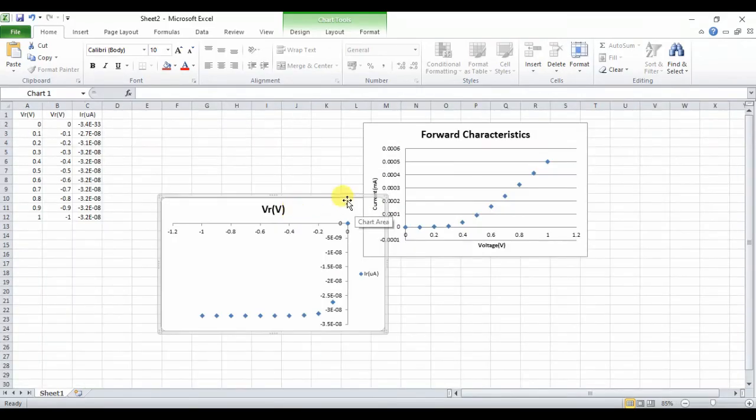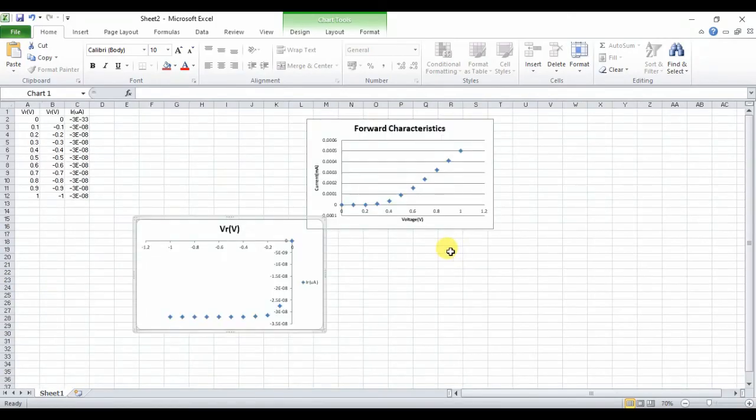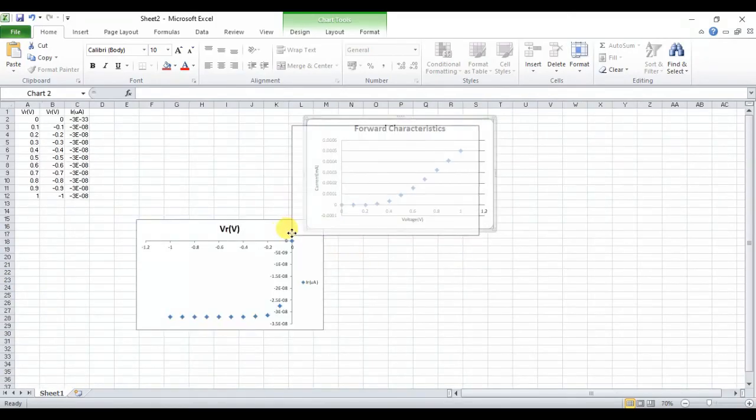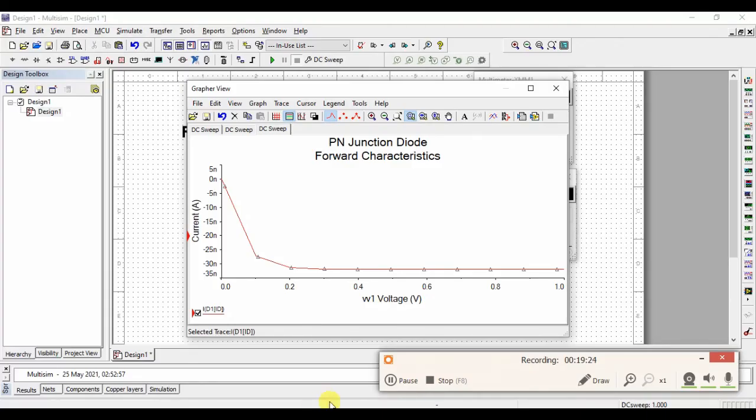This is the forward characteristics, and this is the reverse characteristics. Combining these two, we can observe the forward characteristics and the reverse characteristics. Like that we can observe both characteristics. So this is how we can perform the PN junction diode characteristics.